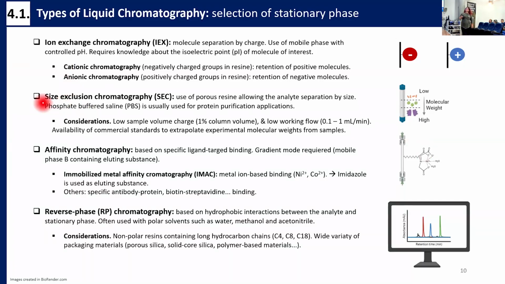Then there is also the option of size exclusion chromatography. These columns use porous resins that allow the separation of the molecules by molecular size. Normally for proteins, the common buffer used is phosphate buffered saline, and the application of this chromatography is principally the detection of the molecular weight of your sample, of your biomolecule,